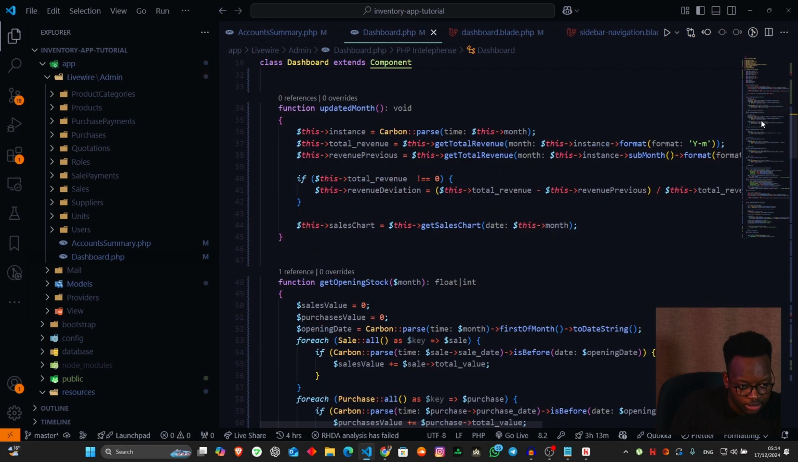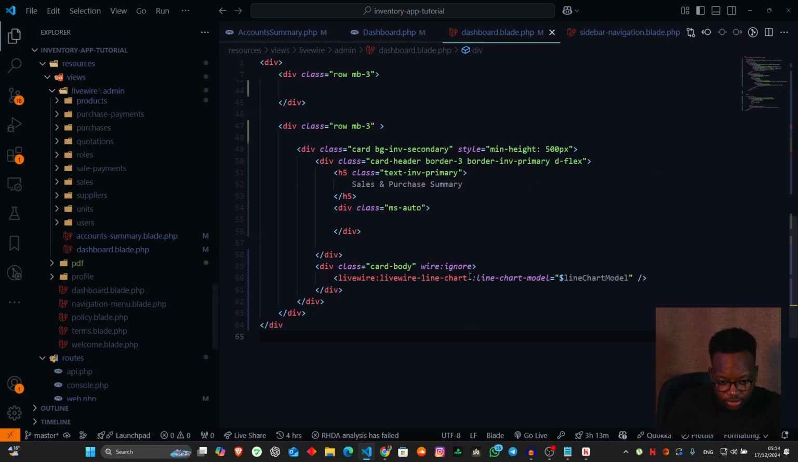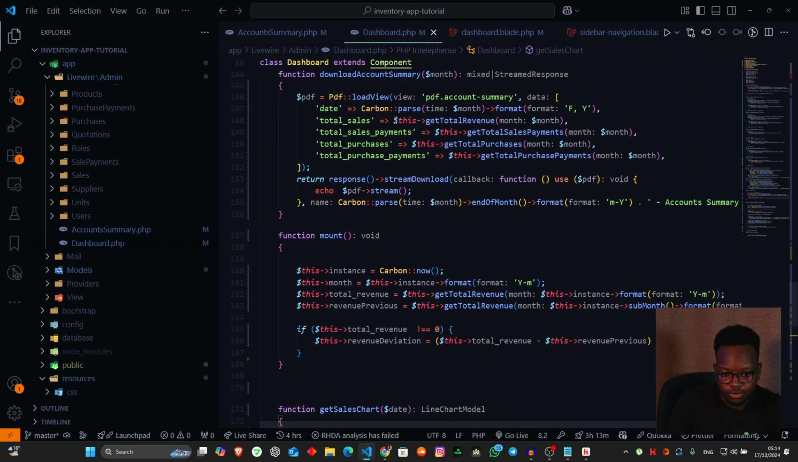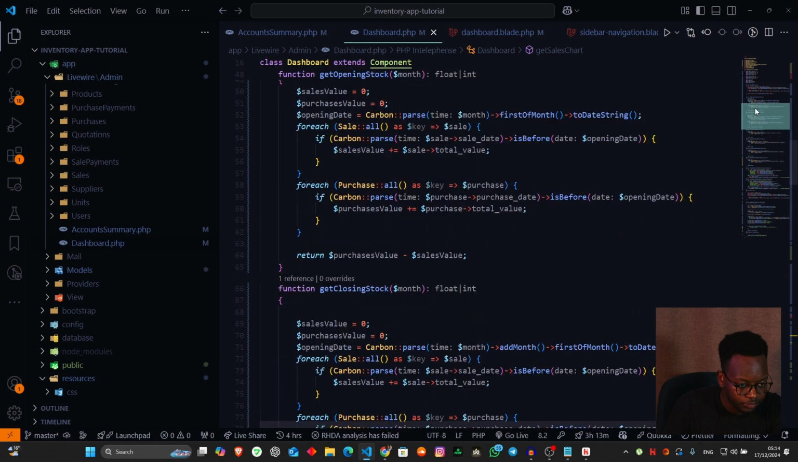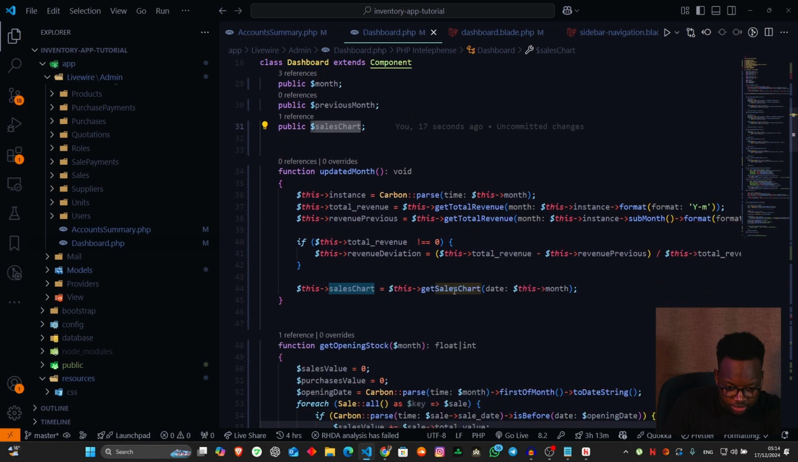So now we come back here down, and we have this line chart model, get rid of that. We'll go back to the dashboard, and then we'll come in here and say sales chart, which is being passed in from this point here, the very beginning, sales chart, which is very clever. In fact, I'll say this is very clever. So sales chart, this sales chart is get sales chart